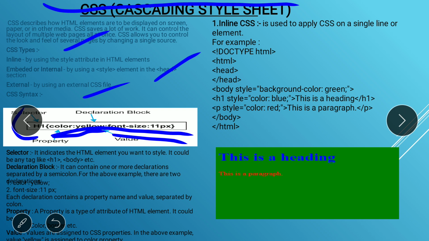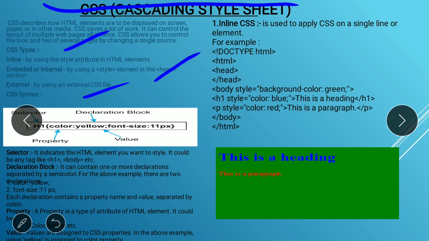Just as I told you, property is a type of attribute of an HTML element. Value is nothing but the value which is assigned to the CSS property. In the above example, yellow is assigned to the color property. So everyone knows about the property and the selector.